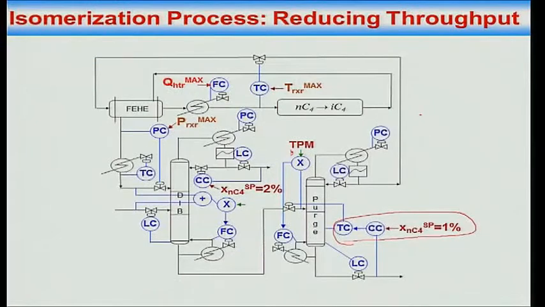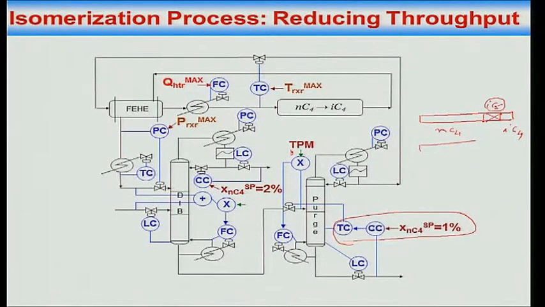Now what is happening is, the amount of IC5 going up the top has reduced. So if I look at the stream which is going to the reactor, it's got mostly NC4, a little bit of IC5 and a little bit of IC4. By increasing the boil up, what I have done is I have made this go to 0 or close to 0. Therefore, the flow to the reactor has now become, this is gone, the flow to the reactor is essentially reduced.